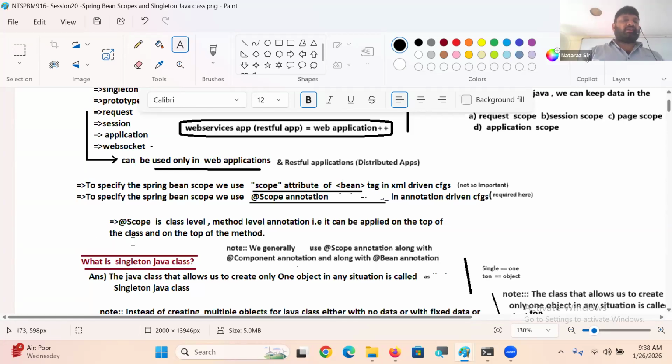It can be applied on top of the class or on top of the method. We generally use the @Scope annotation along with the @Component annotation and the @Bean annotation. If a Spring Bean is created by using an @Bean method, we have to mention the scope by using @Scope on top of the method. If a Spring Bean is created by using the @Component annotation, we have to specify the scope by using